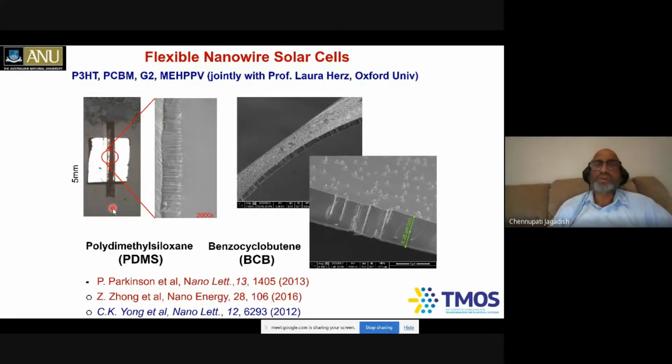What we've been doing is that, because we have now embedded these nanowires in the polymer material, we are replacing the polymer with organic semiconductors, along with Professor Laura Herz's group at Oxford University. We are now trying to develop flexible organic and inorganic nanowire solar cells, so that in the future, we should be able to provide you backpacks with flexible solar cells for charging your electronic devices, for example. That's our aim, to be able to make these flexible nanowire solar cells for sensor applications and self-powered sensors for Internet of Things and various things as well.